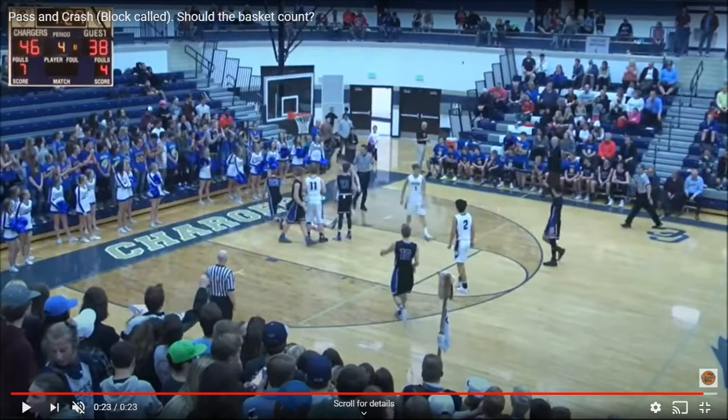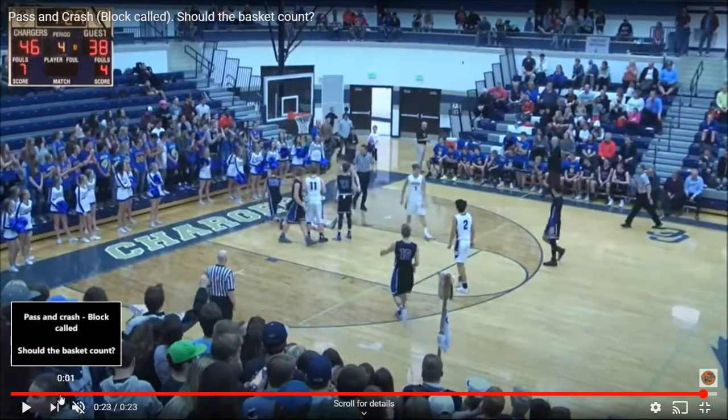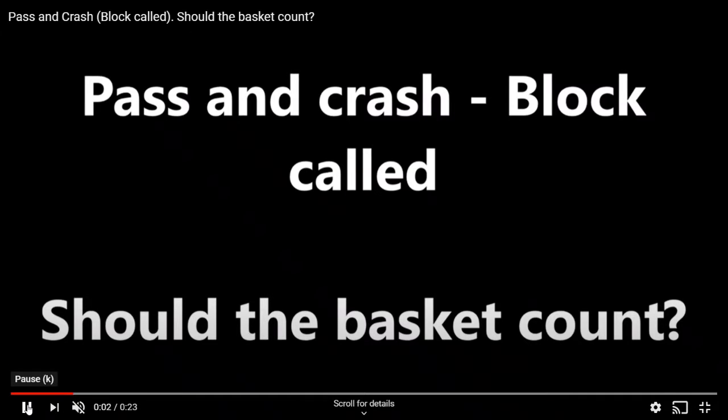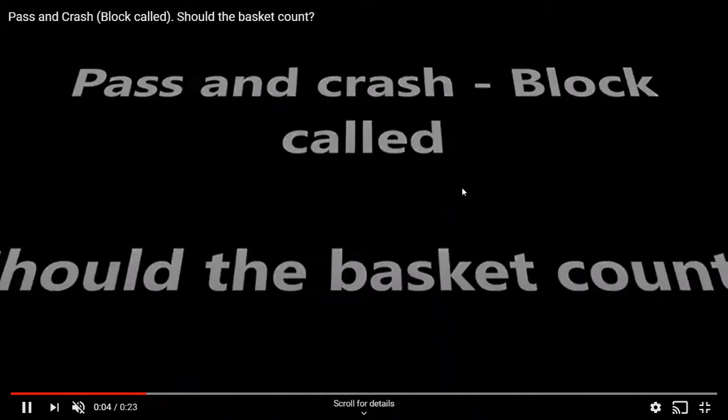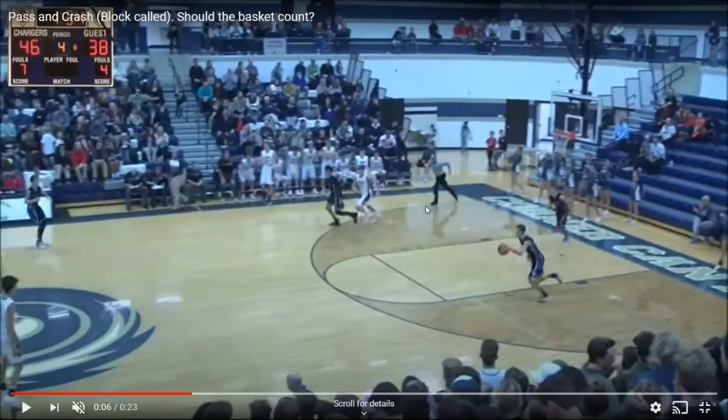Chris, can you run that play back again? Yep. While he's doing that, Kurt, let me just jump in here and mention that this is something you must definitely cover in your pregame conference as you get to the school. You talk about the pass and the crash, who has the ball and who has the person that has passed the ball if it goes to one of the corners. And the other thing is, if we have a pretty good crash here, we don't want to signal a block or charge and then run away from the players. Let's just stay right there around that crash so that we continue to officiate the play after it's over.